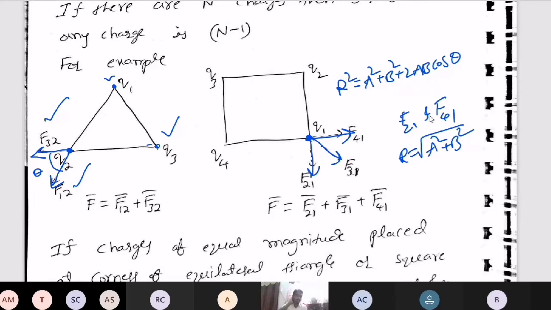Because if you take multiple forces due to multiple charges, or field due to multiple charges, in both situations we need vector formulae. Then only we can solve the question, because the physics formula is simple. Force between two charges means K Q1 Q2 by R square. Field due to a point charge means KQ by R square. But the rest everything depends on what? Vector addition. So please revise it.